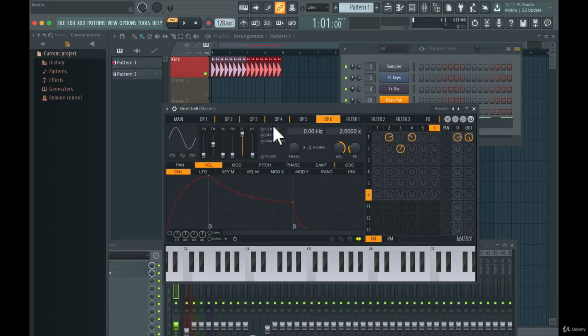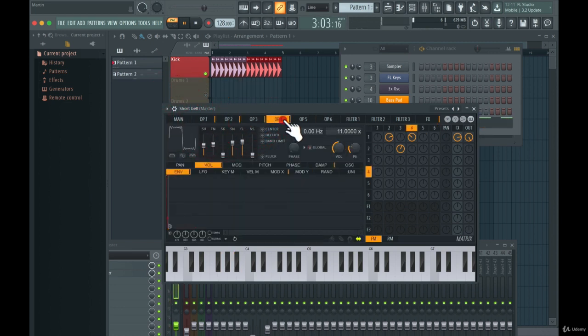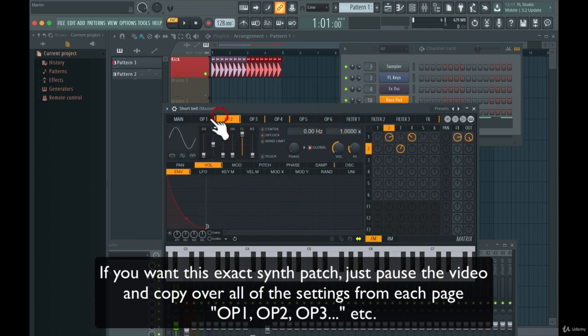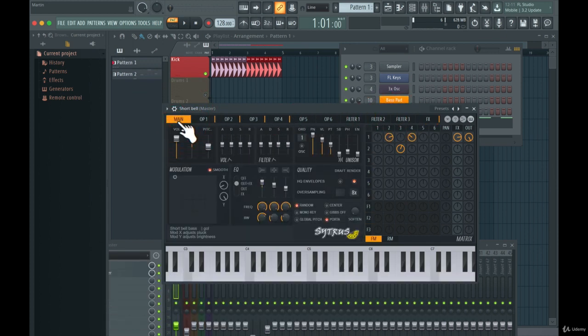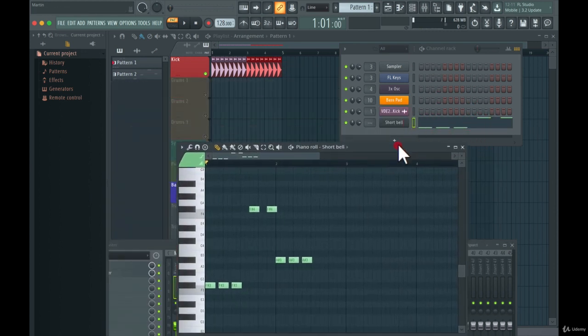I tweaked the bass a little bit, so it sounds like this now. You can see all of the different settings that I have. I'm also going to post this project file here in this course, so you can just copy this preset if you want to. You can use it as well. Okay, so I'm going to draw out the notes for this bass sound, so let's do this.